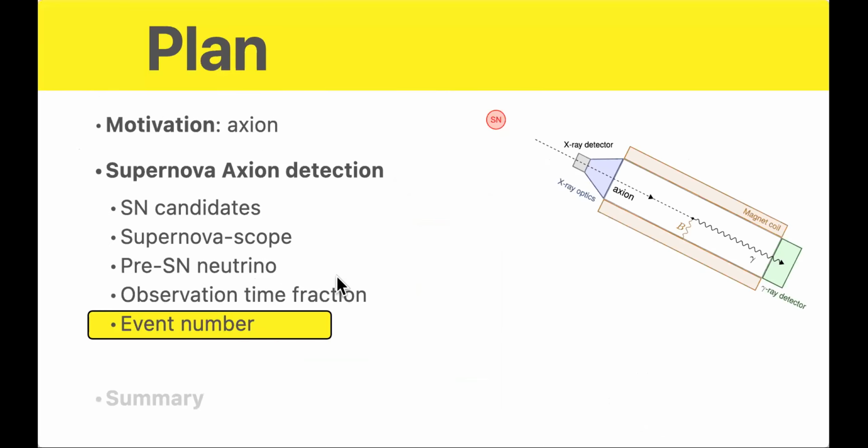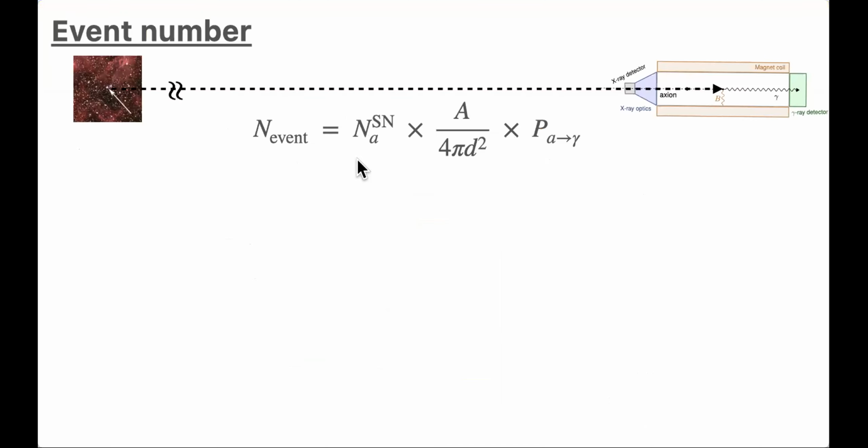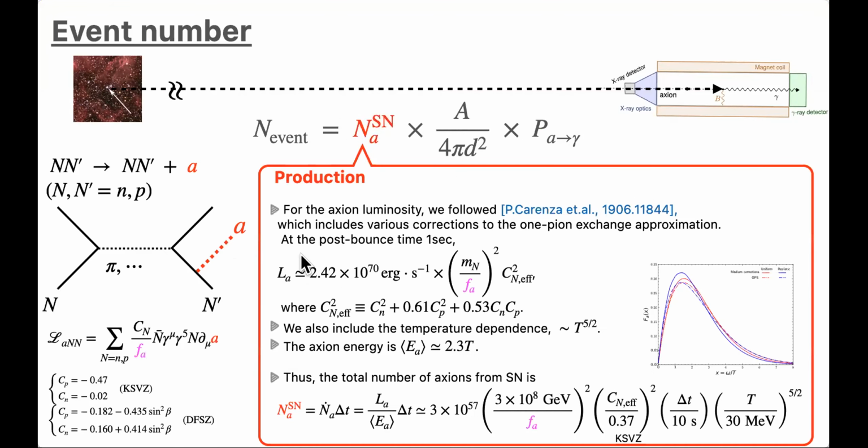Okay, so finally, I want to discuss the event number. Maybe I finished too early, but anyway. The event number estimate is very simple. The total number of axion events in the detector is the total number of axions from a single supernova, times this area fraction, times the axion-photon conversion probability. And the first factor is actually the most difficult and